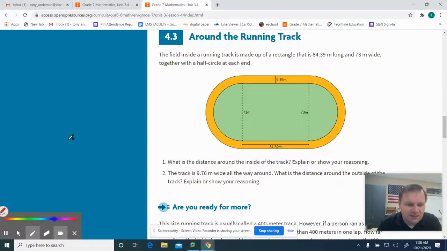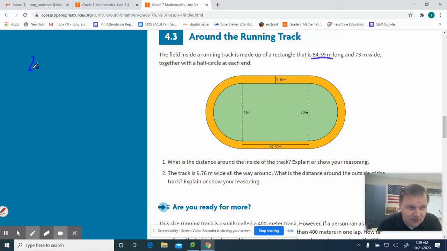Hey everybody, let's take a look at section 4.3. This one's kind of confusing because you have to combine a rectangle with two half circles, which make the whole circle. Your question here says we want to know the distance around the inside of the track. Well, one distance that we know, it says right here that the rectangle is